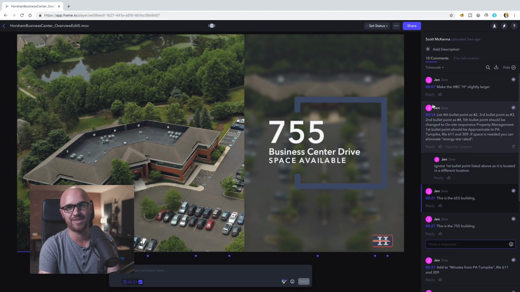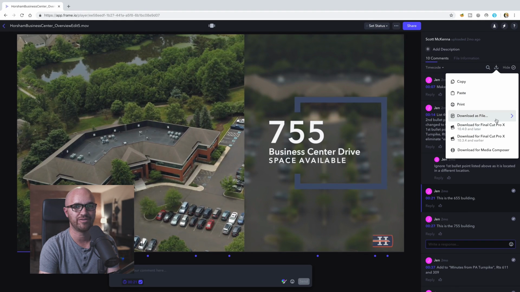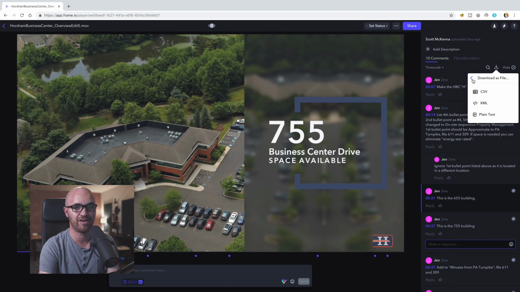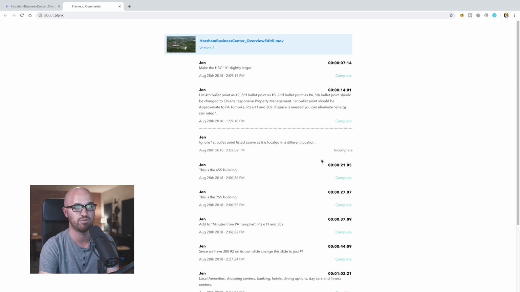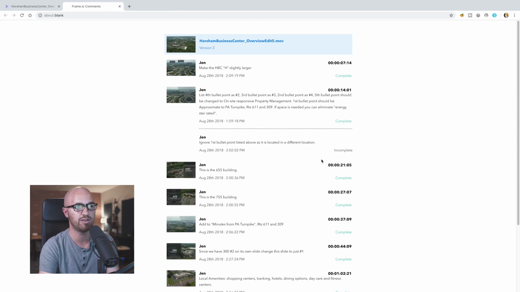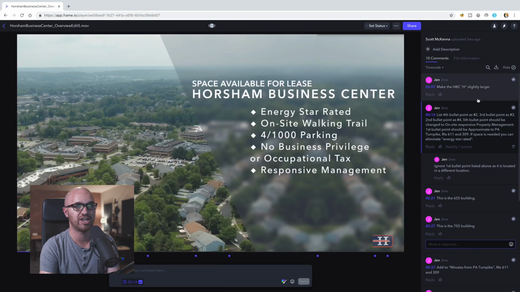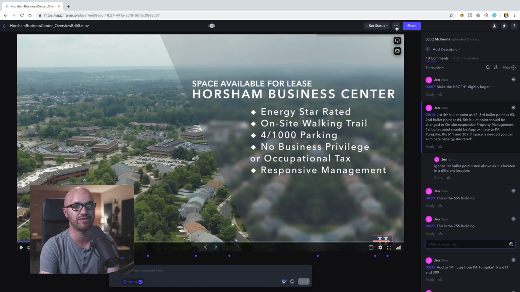But the even better part about that is that if someone sends all these revisions like they normally would, you can just hit this little button right here and download the actual file for all the actual changes. You can download it as just like a CSV file, an XML file, just a plain text file, or you can download directly to Final Cut, which you also can integrate unbelievably directly in Final Cut now. But you can just download the file and have it all saved separate. You can print it if you wanted to, for some reason, show someone the edits. I don't really know exactly why you'd print it, but you can see how nicely it lays it out, just really, really clean. So I can go through all these edits, I can do all my changes or whatever, and then I can just send them new files really, really simply.